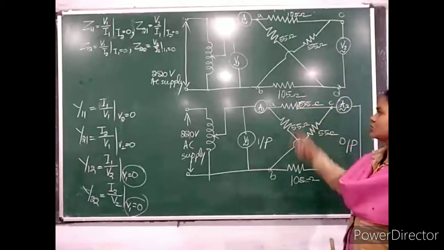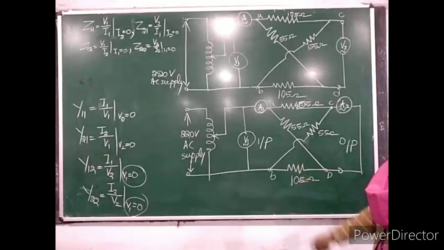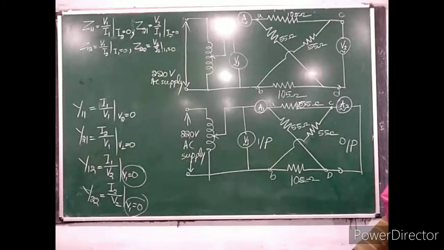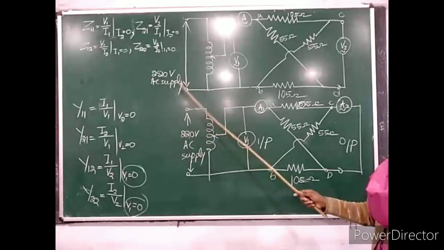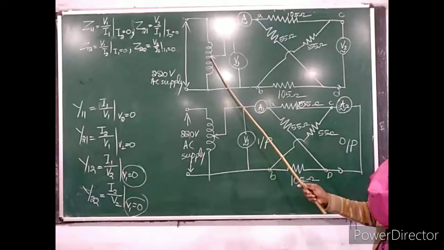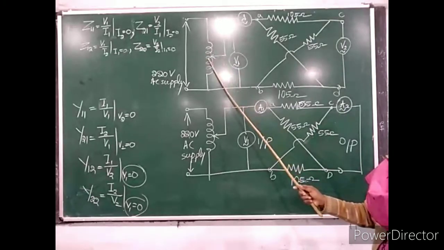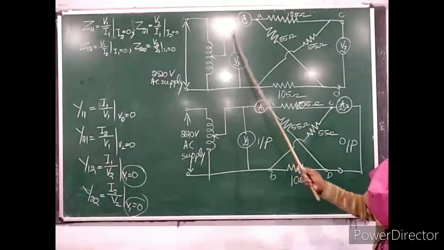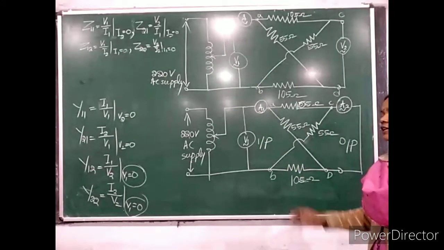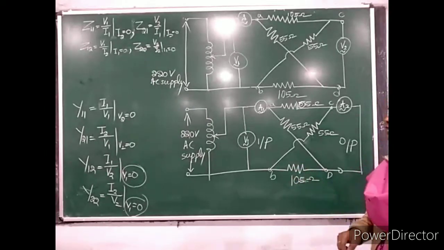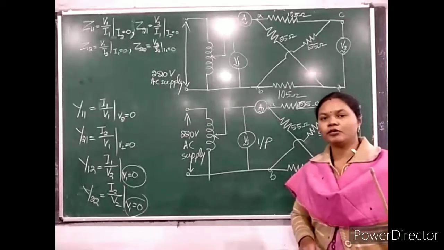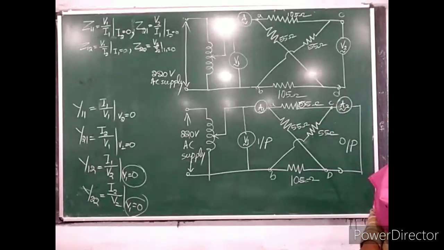Now come to the circuit diagram. The first figure shows the circuit diagram for Z parameter calculation and the second figure for Y parameter calculation. Here, students, you use a 220 volt AC supply. This is a variac. We vary the voltage across the circuit, and here tapping is done. The voltmeter range is 0 to 300 volt and the ammeter range is 0 to 500 ampere.